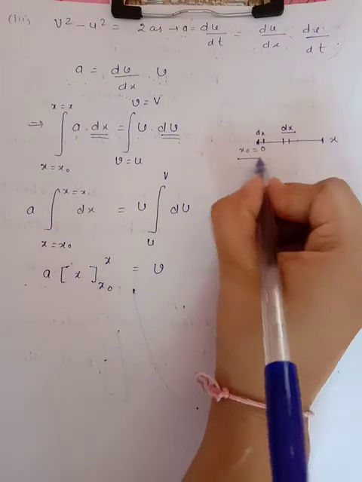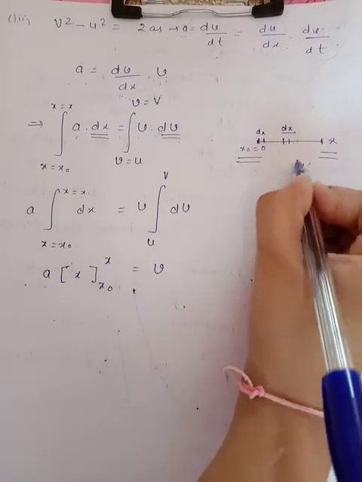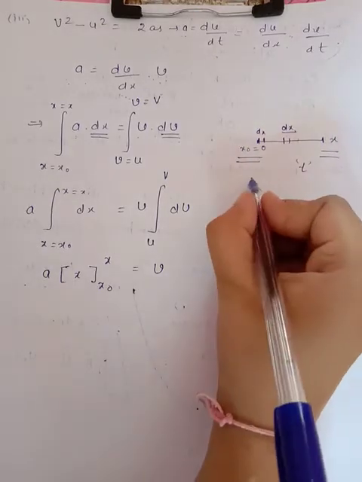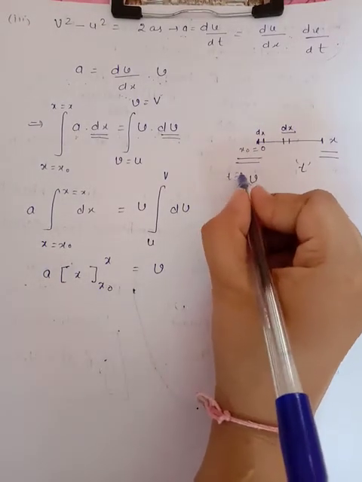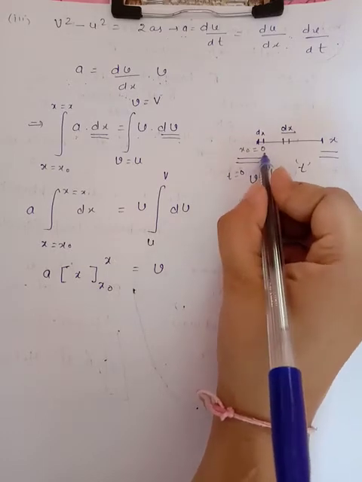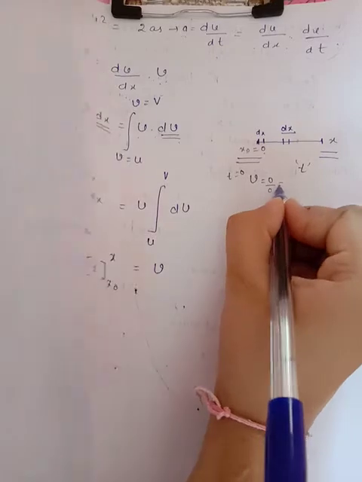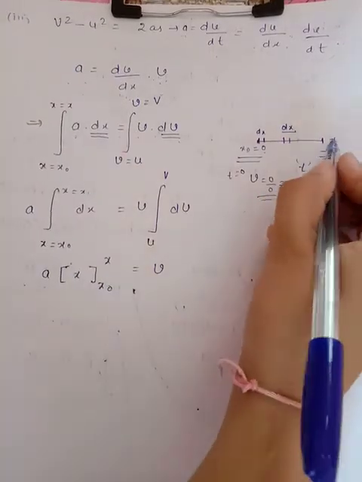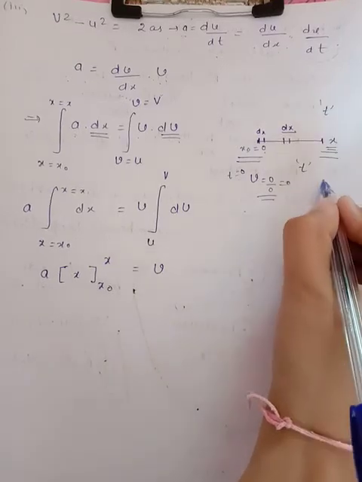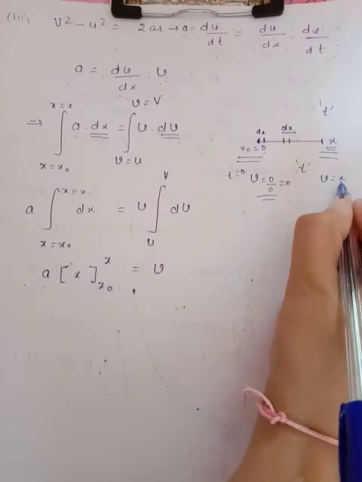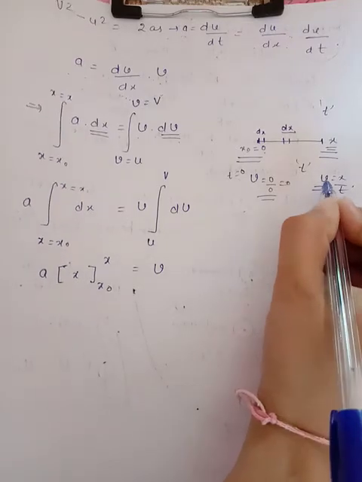Since in time t we covered this distance, it comes out to be our velocity v. When the time t is equal to 0, distance x is equal to 0, so velocity, which is equal to displacement upon time, is also equal to 0. To the final time t, when the distance finally is x, the velocity v comes out to be x by t. The velocity finally comes out to be v.